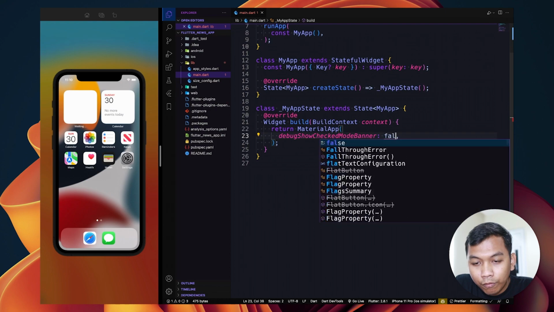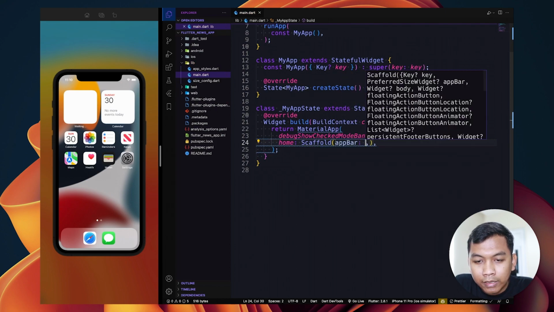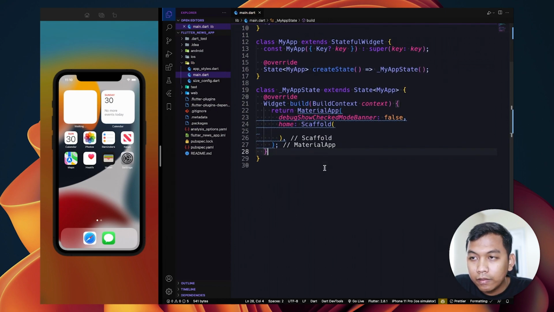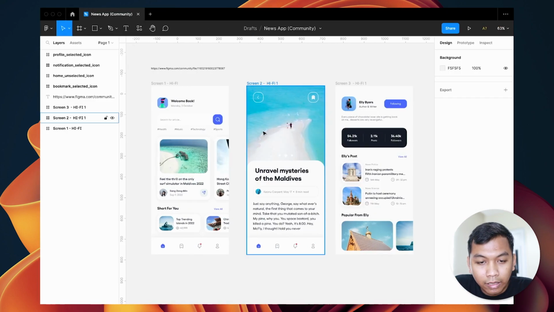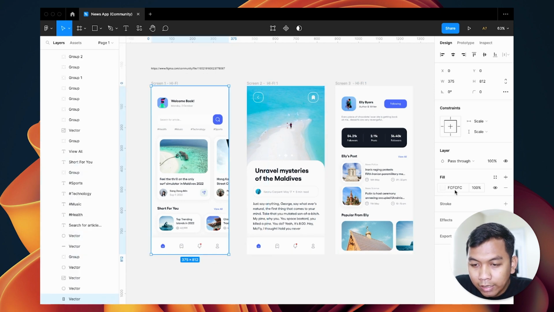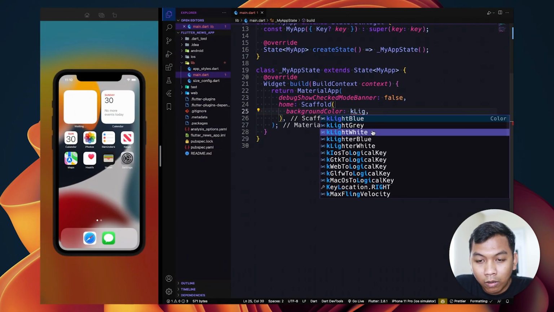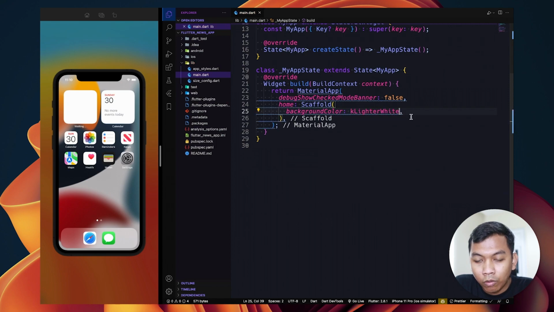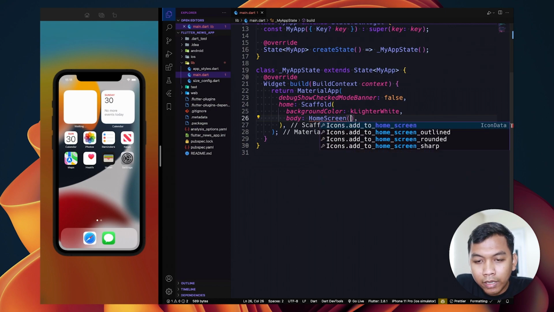So remove the debug show checked mode banner, and for the home let's use the Scaffold widget. Alright, for the background, let's see from this, and now we can see the color is this. So we can call our constant color, which is lighter white, and for the body let's call HomeScreen.